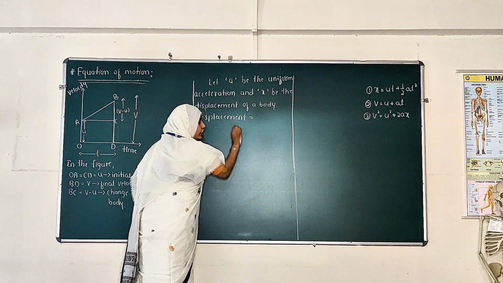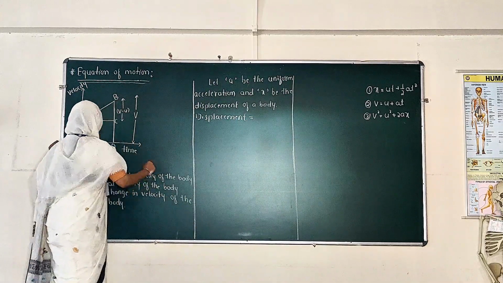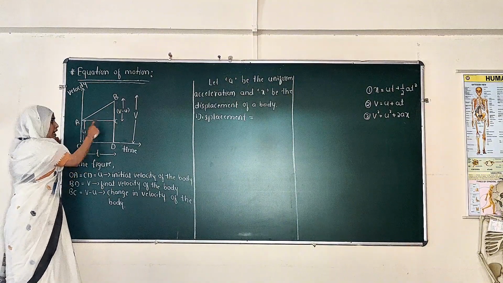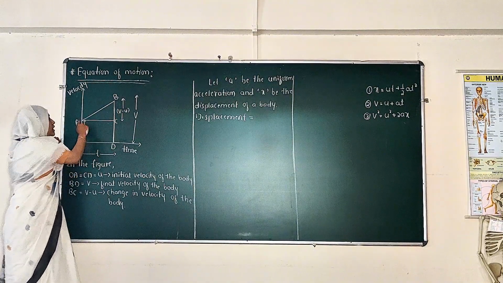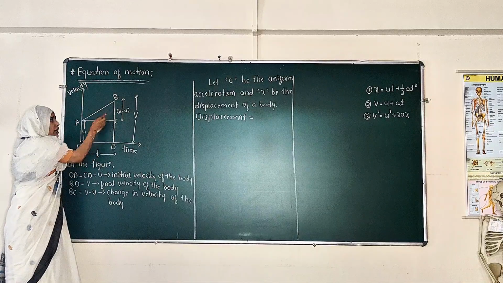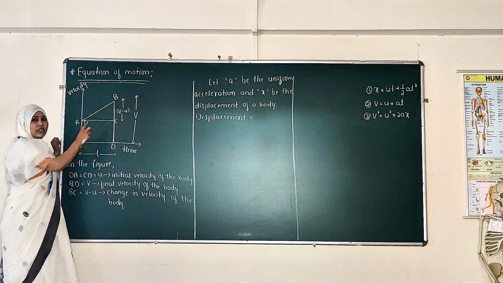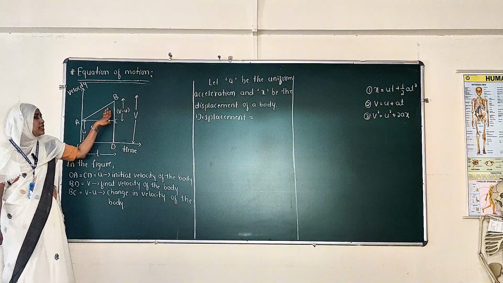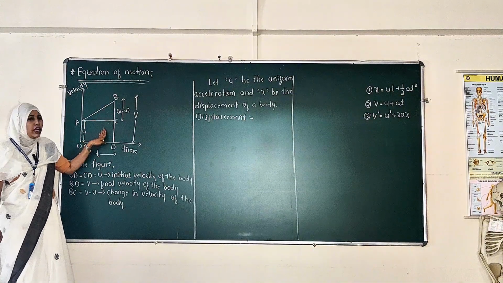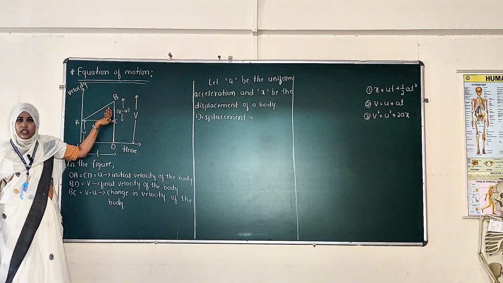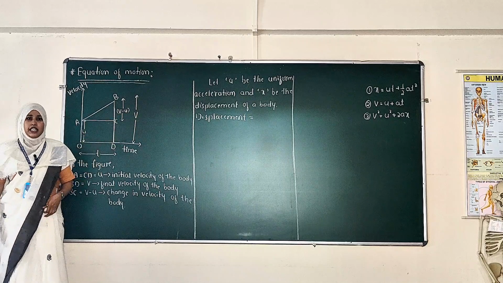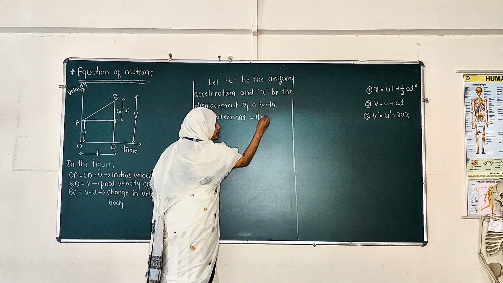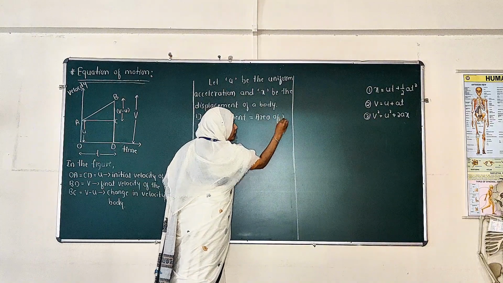is equal to, clearly observing, there are two geometric shapes. One is a rectangle, which is OACD, and one is a triangle, which is ABC. We have to calculate the area under the VT curve, that is, the area of the rectangle plus the area of the triangle. If we calculate the area of the rectangle plus the area of the triangle, then easily we will get the displacement. Okay, that one we are writing. Area of